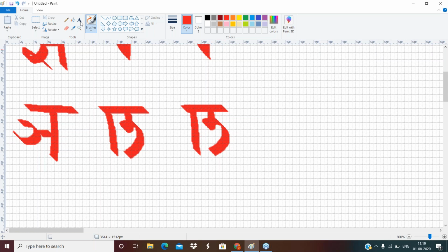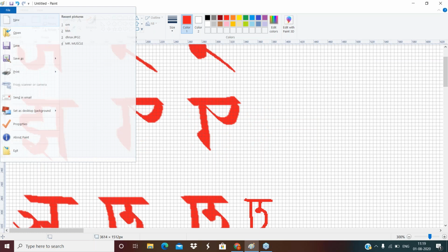If I have to draw with the pen, first I draw a horizontal line, here in the middle I take a round. So this is nya in Sharda. I will draw all of these once again, then we can take the questions.